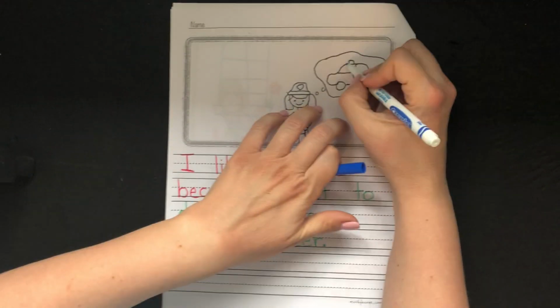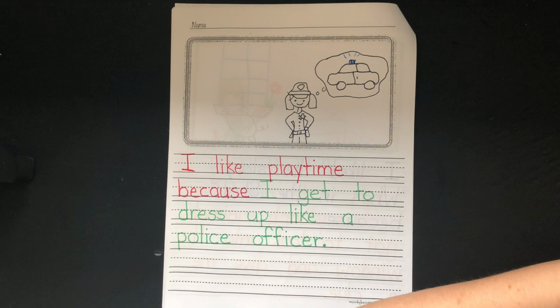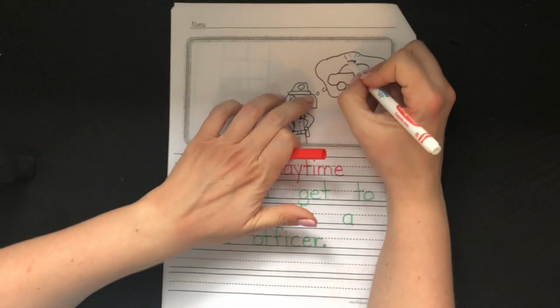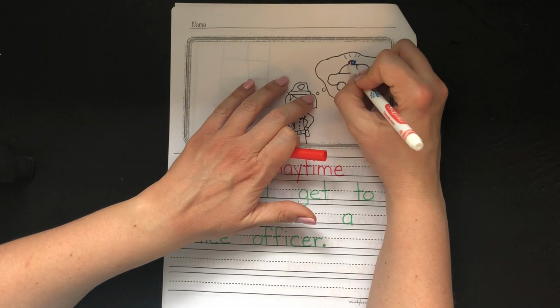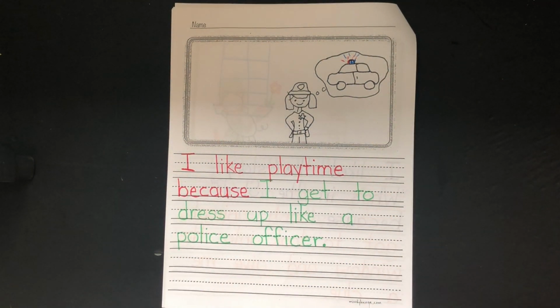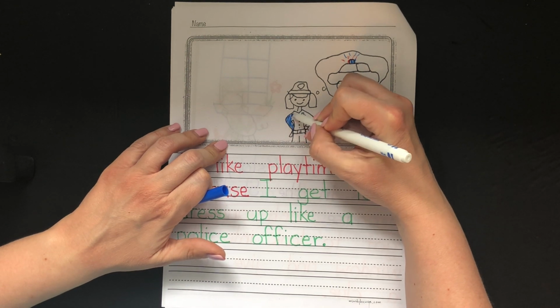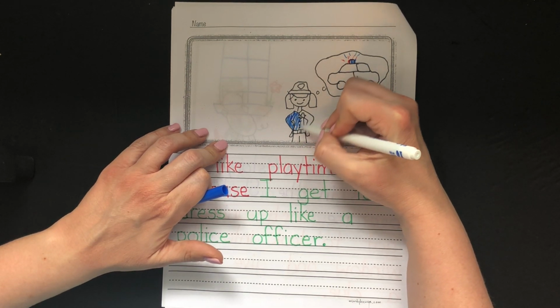You know, I watch you guys play, and I always see you guys going around the classroom, in the kitchen, you pretend you're cooking, and I love that. And you have a restaurant, or you're pretending to be teachers and things like that, and that's wonderful. Now, love bugs, I'm using markers, remember, because it's easier